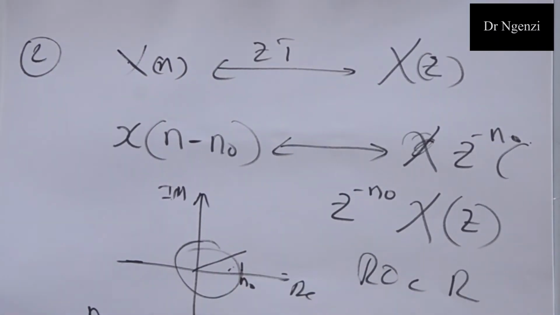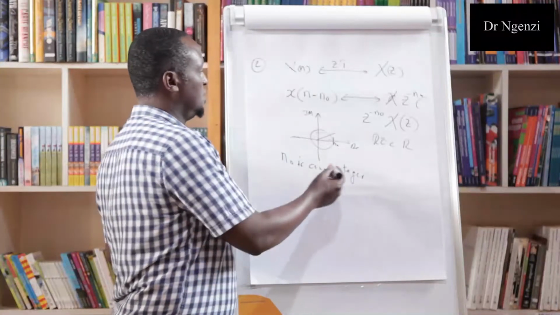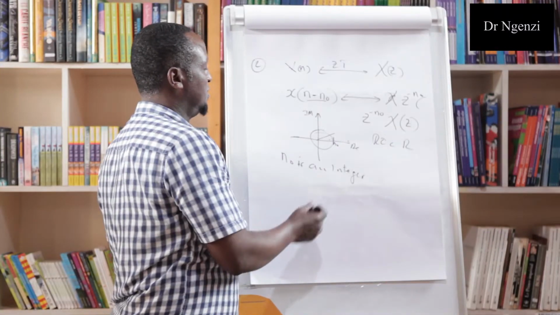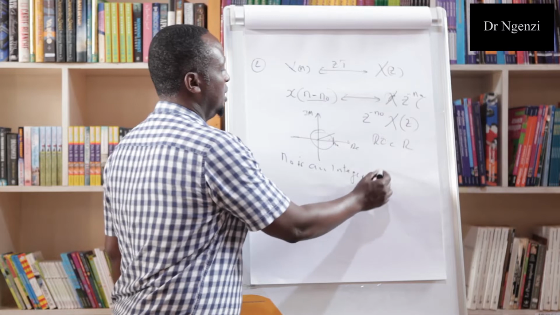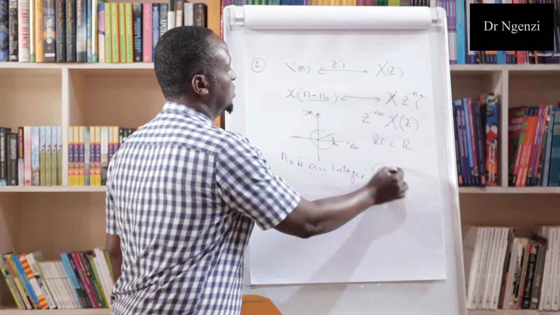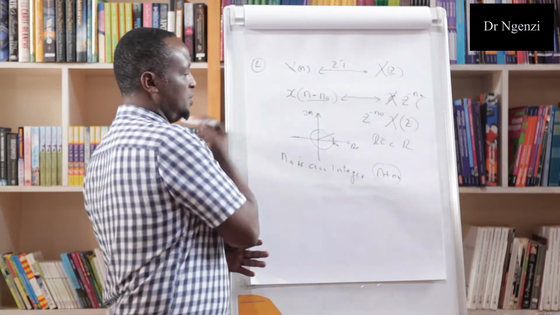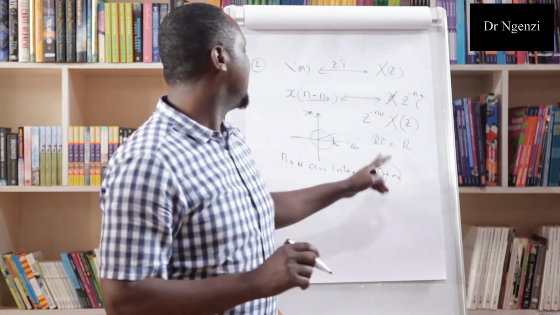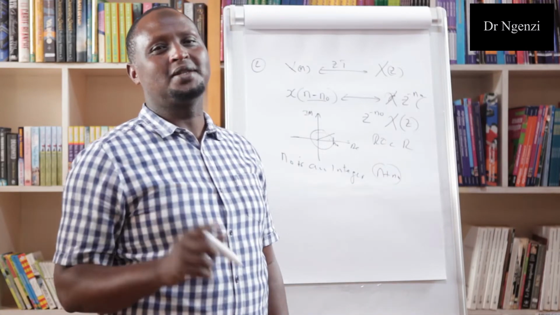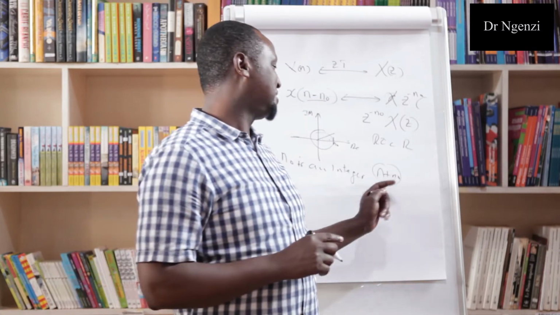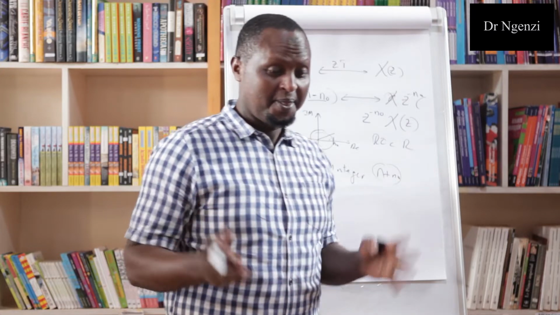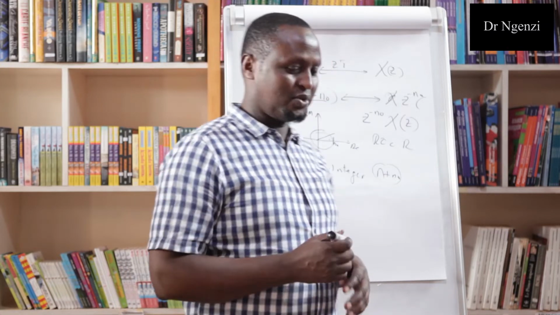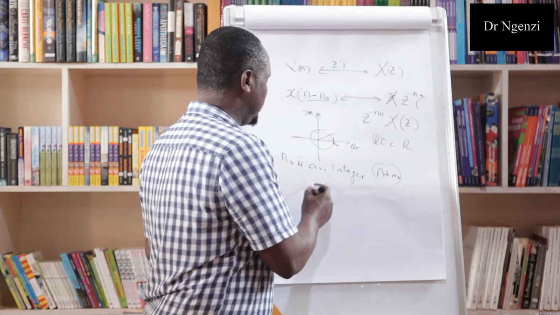If positive shift, and if negative shift, then it is going to correspond. And this is a positive shift. But if it is a negative shift, then it will be n plus n0. So you are trying to equate the value from the left hand side. People get confused by looking at the plus sign or negative sign, thinking that they correspond to the shift, but they are not. So for example, n is equal to